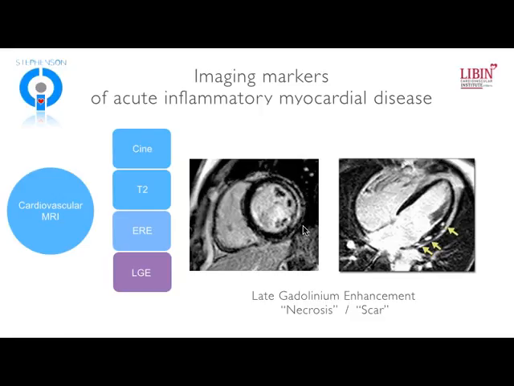And this is really what has been considered the sine qua non, or the pathognomonic finding of acute myocarditis, which is subepicardial or mid-wall late gadolinium enhancement in a non-coronary distribution. And this would be a very typical or classic example of acute myocarditis. There has been some work done in Germany suggesting that potentially the regional distribution of late gadolinium enhancement may be associated with the etiologic agent in viral myocarditis. So, for example, this may be more consistent with parvovirus B19, whereas enteroseptal may be more consistent with human herpes simplex virus, although that hasn't been reproduced by other groups.